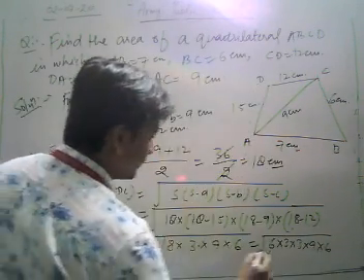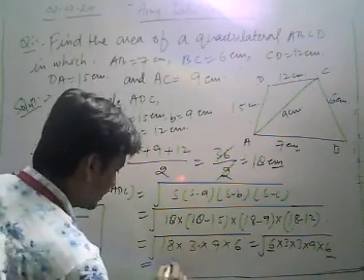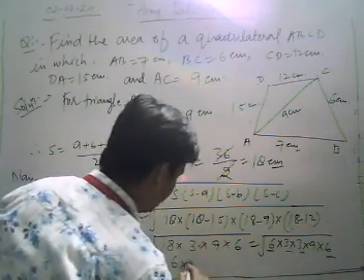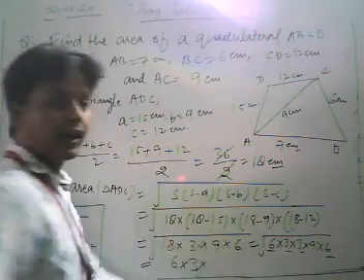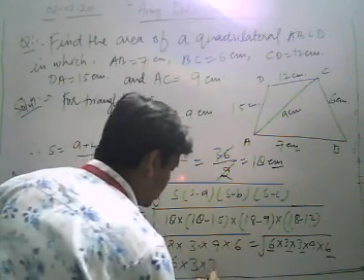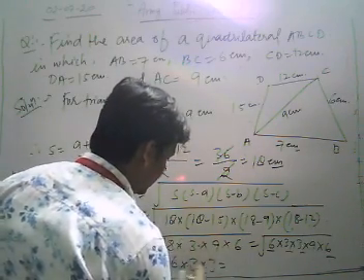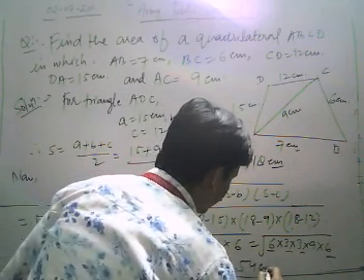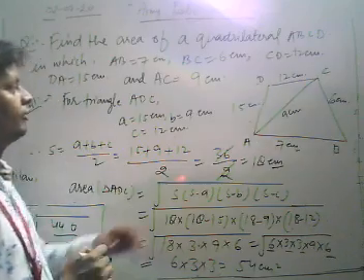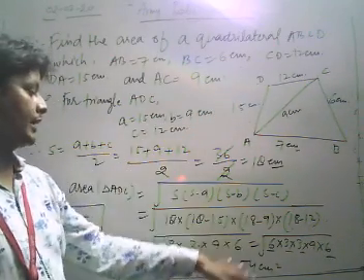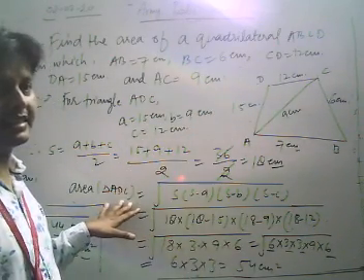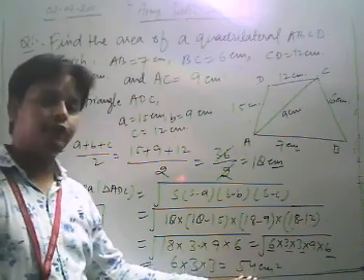So we get what? 6 is in pair, so 6 is common out. 3 also in pair, that is 3 common out. The square root of 9 is what? 3. Then 54 centimeter square. This is the area of triangle ACD, which is equal to 54 centimeter square.